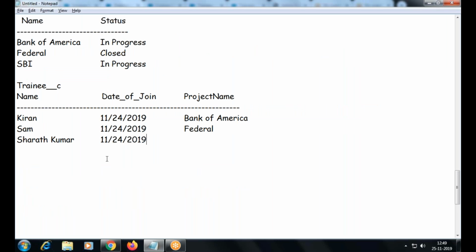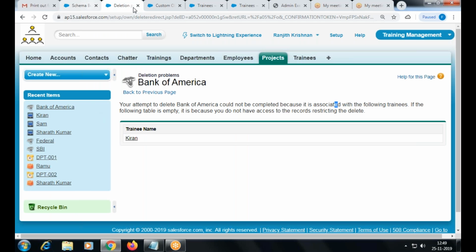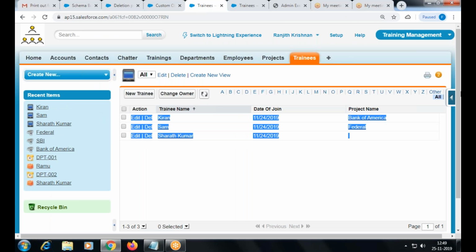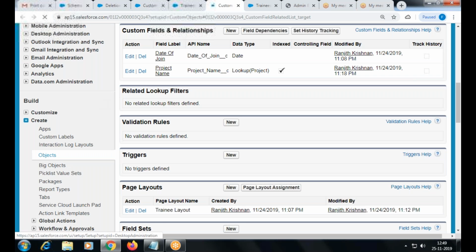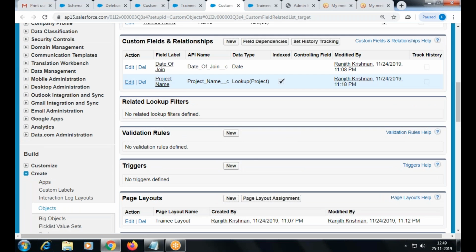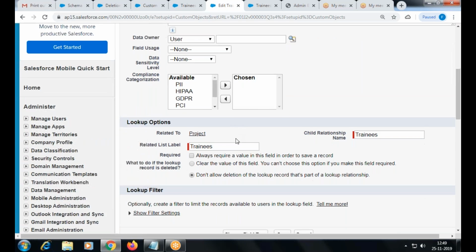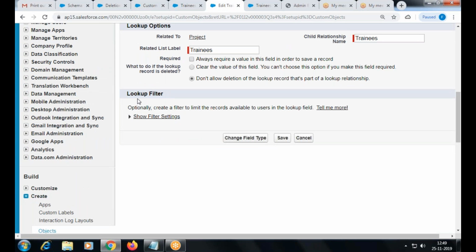This is one option, and there is another. Okay, edit. So what about this last one? Lookup filter. This section you will also find in your master detail field creation.